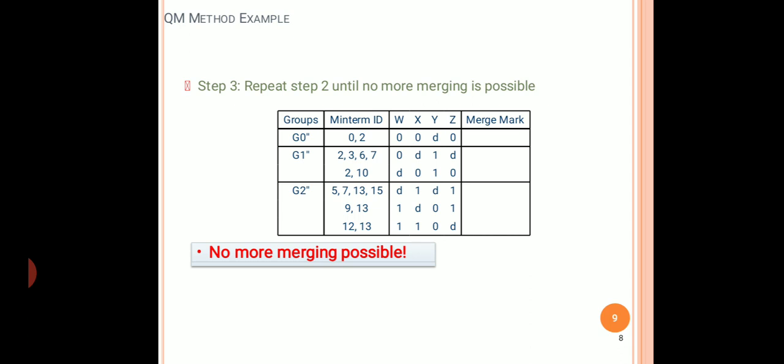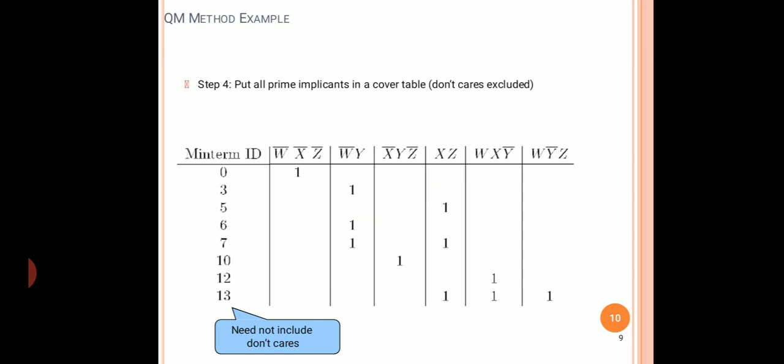So this is how you will write the corresponding min terms for each and every min term ID. And the last table is the PI table. This is the PI. Next is the PI table, that is the prime implicant table. In this you will write the min term IDs. But observe, in case of don't care, you don't have to include the don't care terms in the min term ID. Include only the summation small m terms.